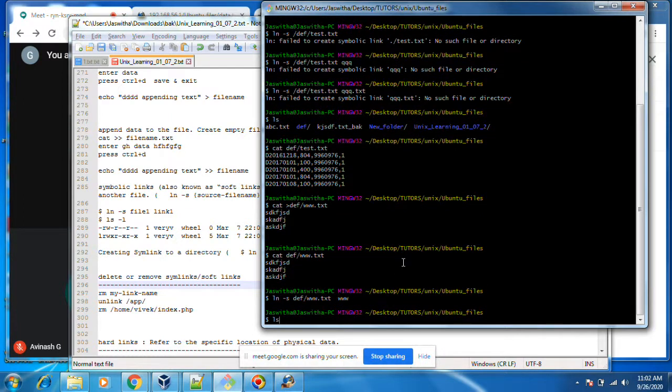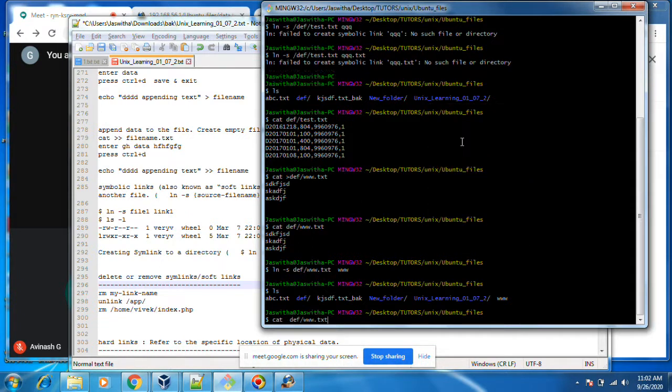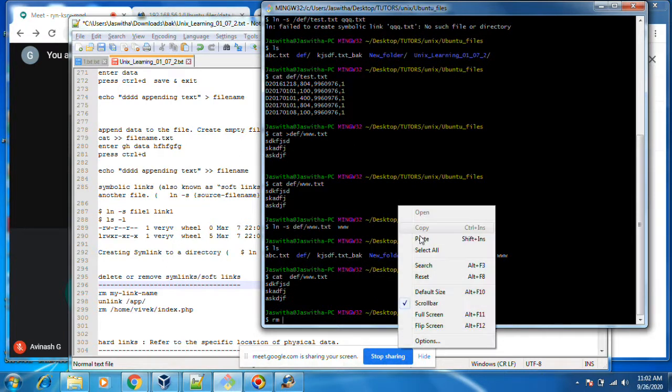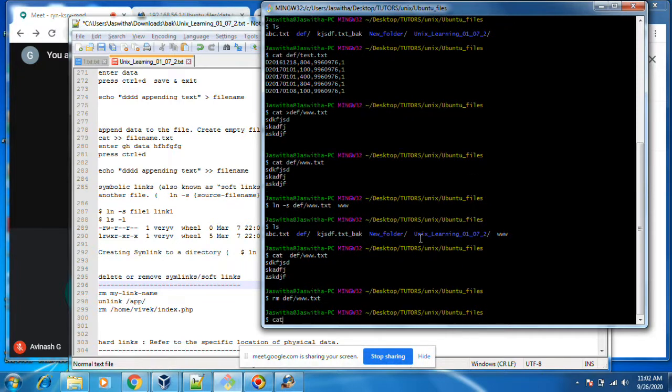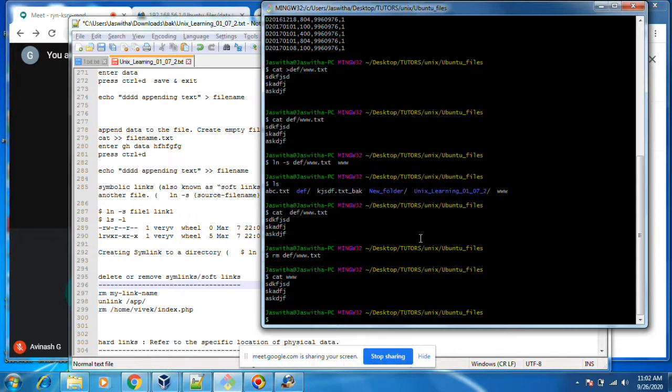Okay, now this www is a link to this file. Just cat www. Okay, if I remove this file, still the data is there, correct?